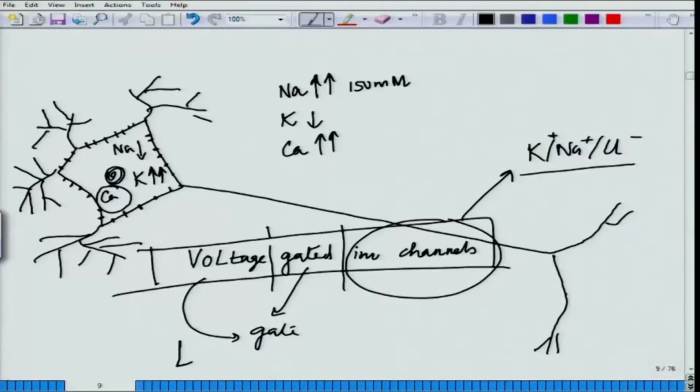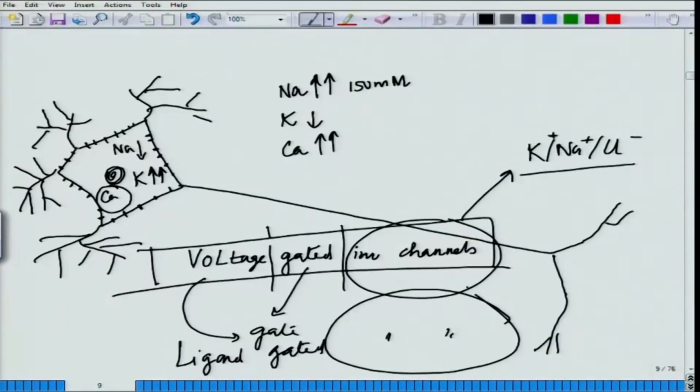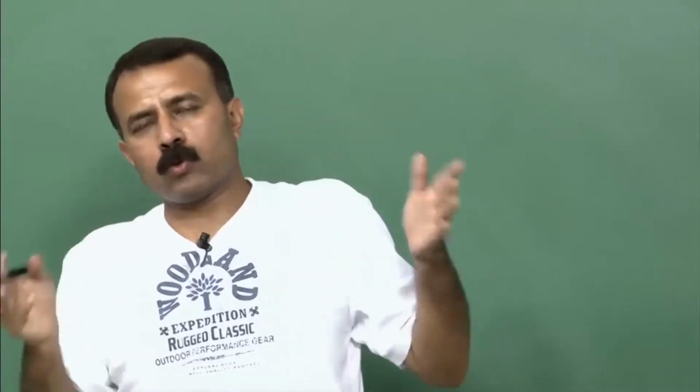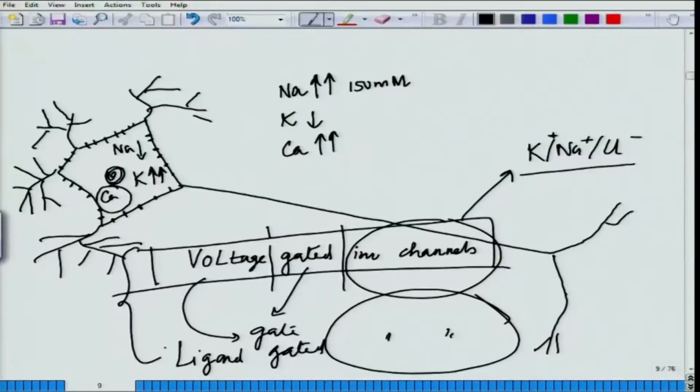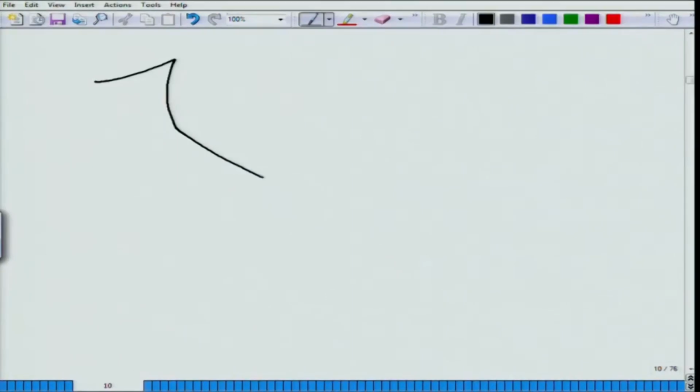And there may be other kinds of channels which are called ligand gated ion channels. Ligand gated ion channels are the ones where a ligand or something binds to an ion channel and then it opens. These two pieces of information are exceptionally important for how the action potential is generated, because these are the key players in ensuring the generation of action potentials. Now, coming back to the structure of the neuron, we will try to understand how this structure is involved in